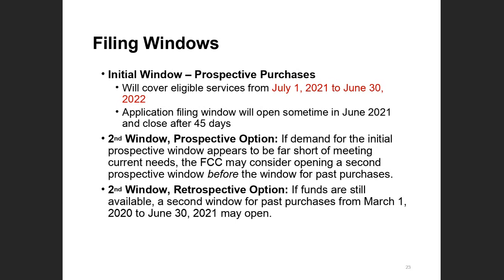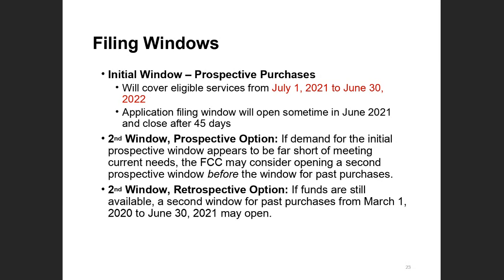You're correct, David, that the $250 device limit for hotspots just pertains to the hardware. There's not a hard limit set on data plans. I saw some discussion in the rules about how we figure these plans will cost $10 to $25 per month, which I think is wildly unrealistic. But they didn't set a specific limit because we know that cellular connectivity is a lot more expensive in some places. If you're using Appalachian Wireless in southeastern Kentucky, it's going to cost a lot more than using T-Mobile or AT&T.